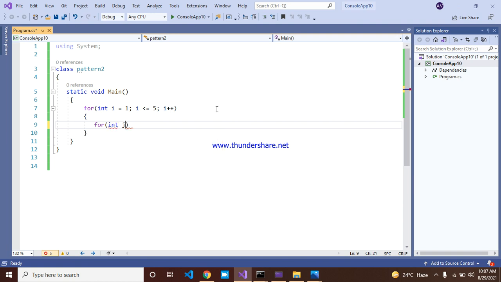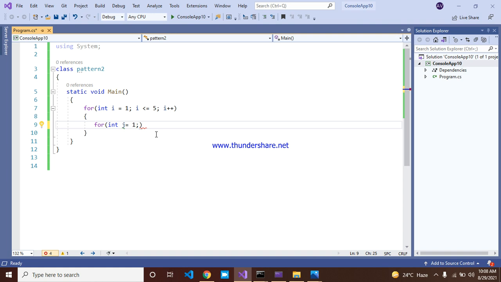This time the variable is j, or k, or anything like a number name or pattern name. You can write whatever variable name. But don't use names like name or city name, the type of variable names; use number1, number2 like this.